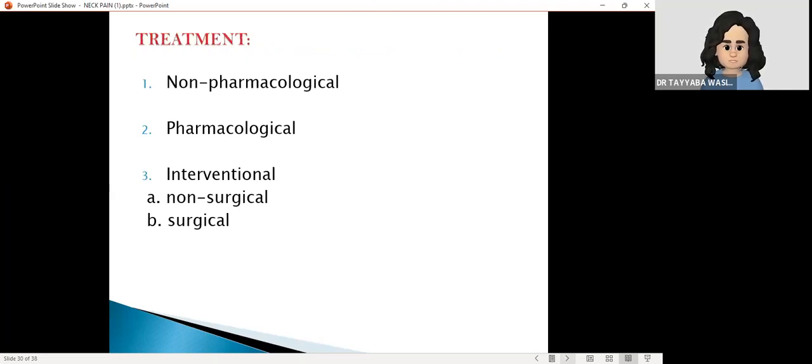Then comes the treatment. The treatment can be categorized as non-pharmacological treatment, pharmacological treatment, interventional. Among the intervention, there comes two options: non-surgical treatment and surgical treatment. Non-surgical treatment consists of